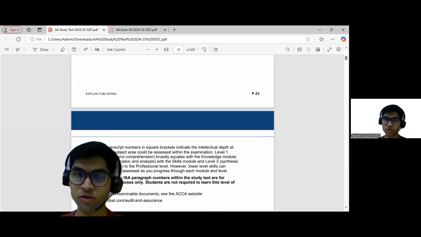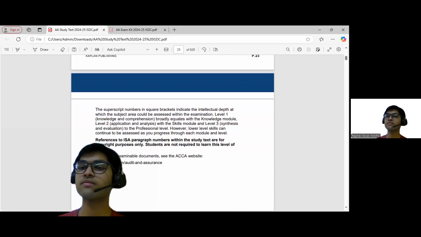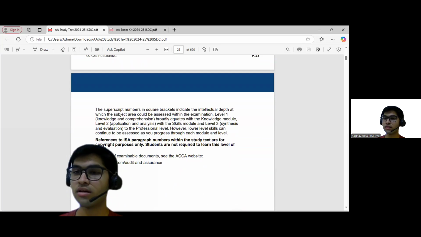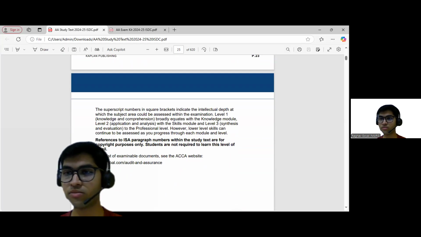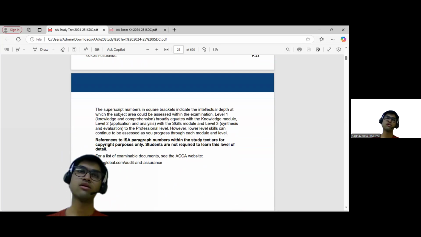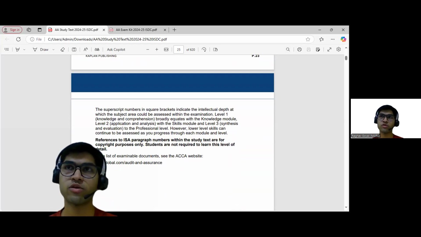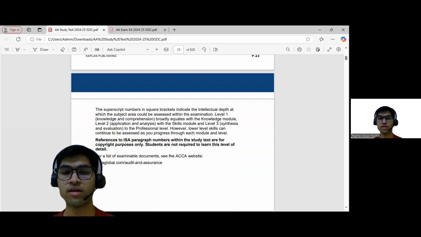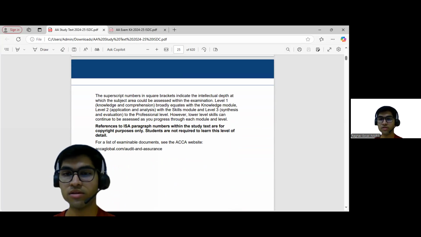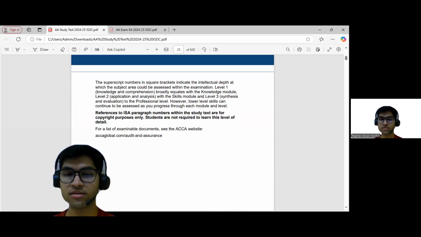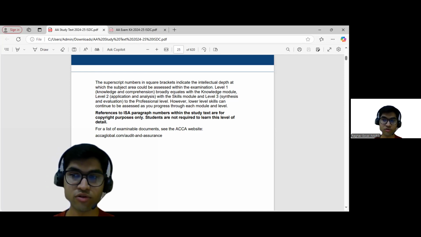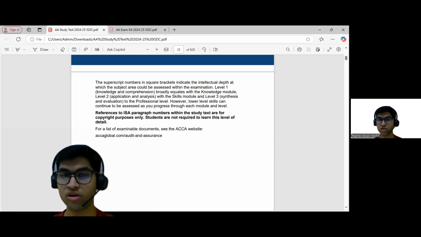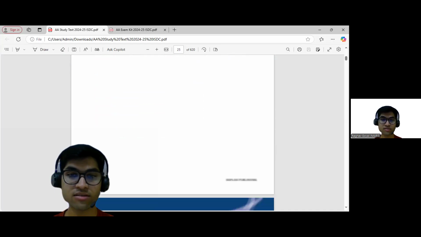This is how the audit syllabus looks. It's interesting if you look at it step by step. It's a completely theory paper and there's not much in the way of numbers in here. So if you're someone who's into theory, you'll likely enjoy this paper. But if you like practical things, then it might be a bit of a stretch for you, as you may just have to read things.